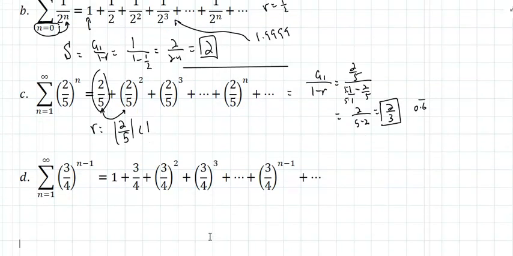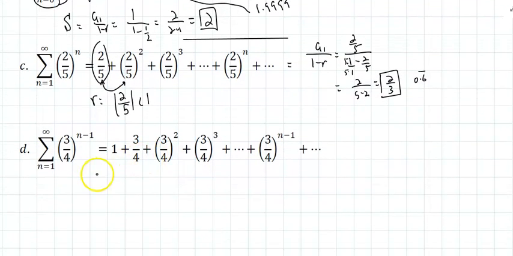Part D. R equals, what do you multiply 1 with to get 3/4? 3/4. That is less than 1. So this infinite sum would be